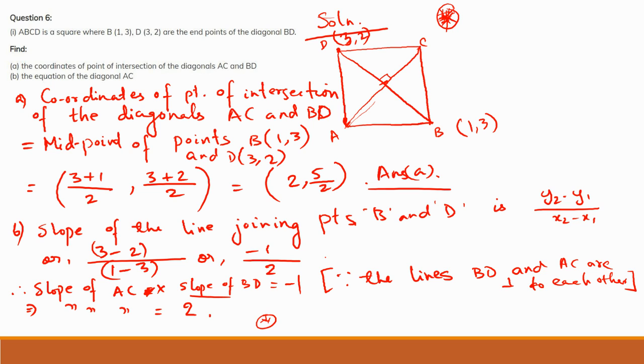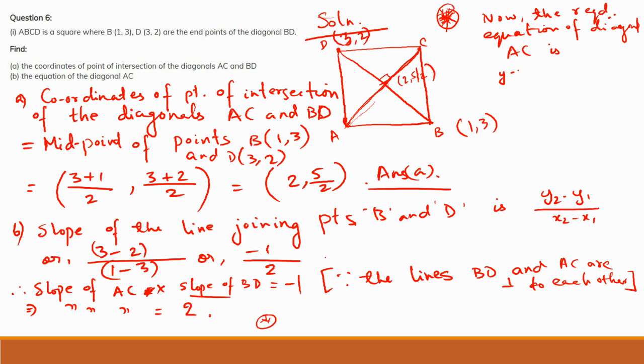So you got the slope of AC, right? And you know one point, you know one point on it, the intersection point, right now. It's 2 comma 5 by 2. But 2 comma 5 by 2 also falls on AC. And you know the slope of AC. Now the required equation of diagonal AC